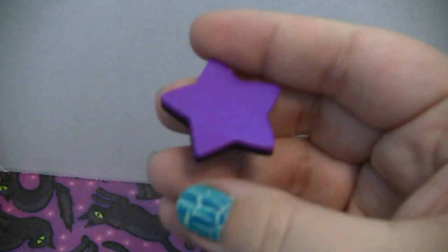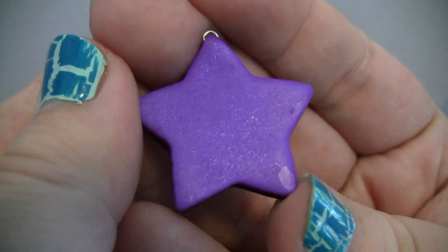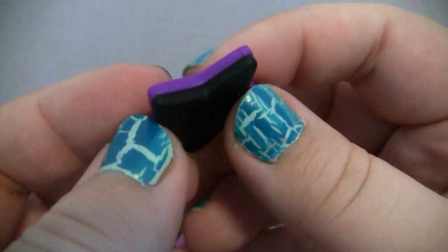And then this is a double-sided star pendant. This one is a shimmery purple right here, and then the other side is just black. And I think it came out pretty cool. I know the eye pin is really good in there, so